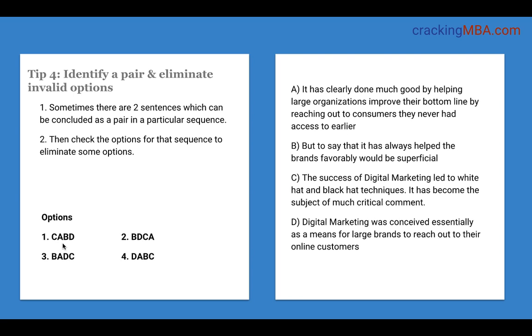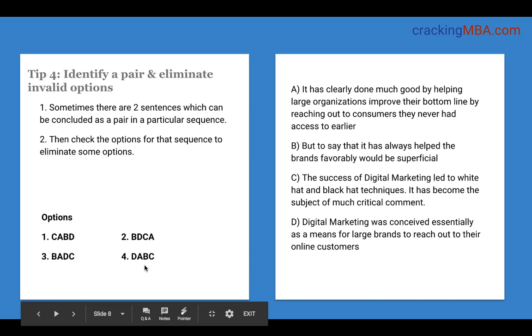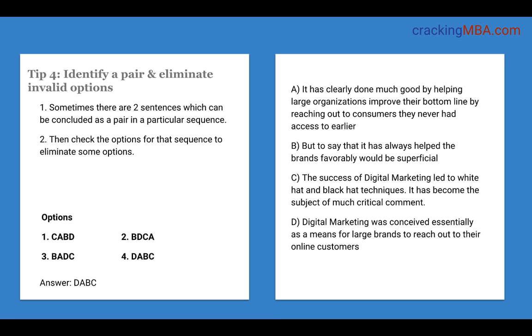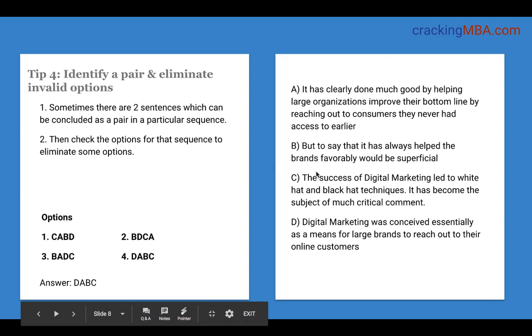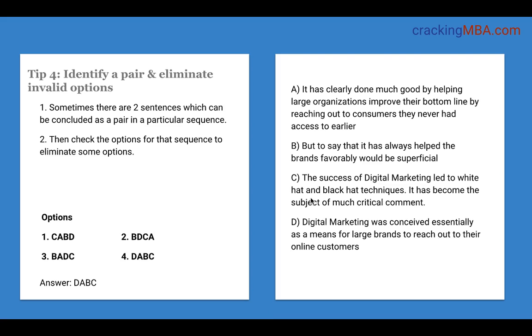If you look at the options directly, we can eliminate all of them and conclude option 4. Even if we have not gone to the point of saying B, we clearly know that D is followed by A, and if you look at all the options, it is just option 4. So directly you can arrive at the answer without looking at the other points of B and C. So if you are very confident about a pair, look at the options, eliminate the other options and arrive at the correct answer.